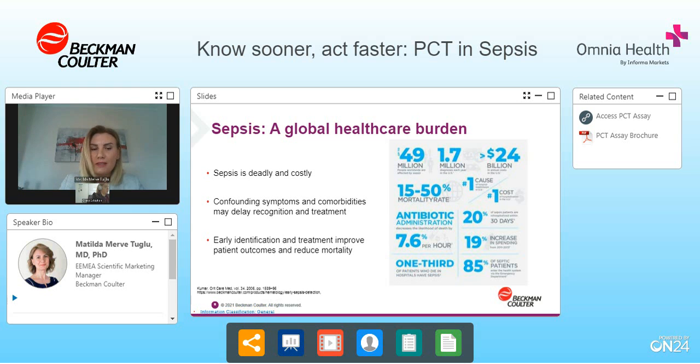In the United States of America, about 1.7 million sepsis cases are reported each year. The World Health Assembly recognizes sepsis as a significant threat to patient safety and global health and has intensified its approach to the prevention, diagnosis, and treatment of sepsis in order to improve patient outcomes and reduce mortality.